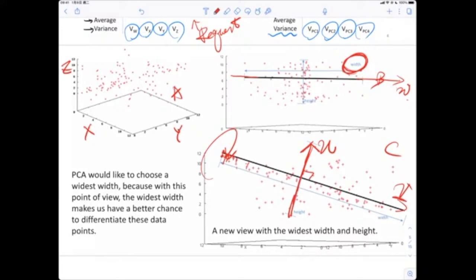Orthogonal means perpendicular. And then, for example, this axis U has the second largest variance. Because you fix the first axis, rotate the data along with this axis, and find the largest one. In the next dimension, U and V are orthogonal. And then so on and so forth.